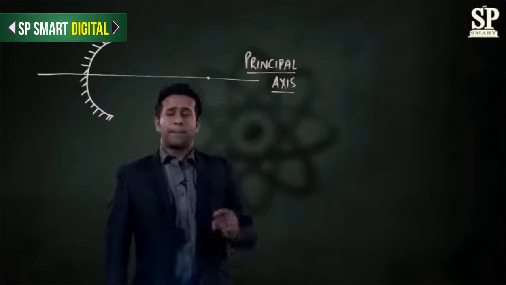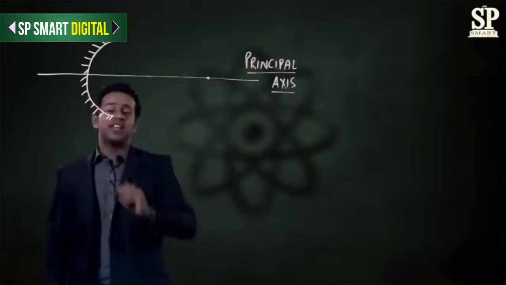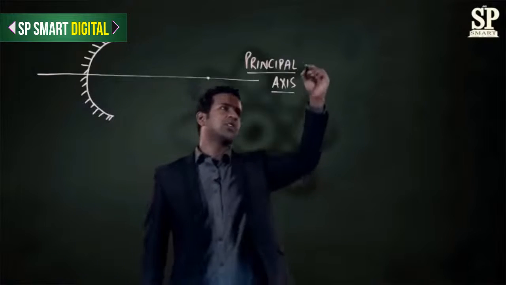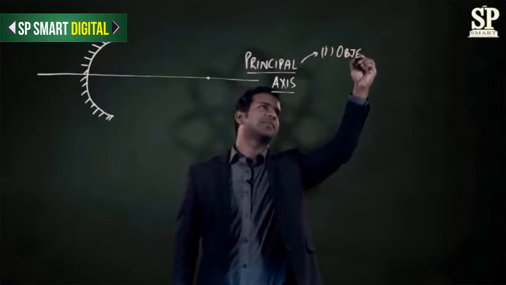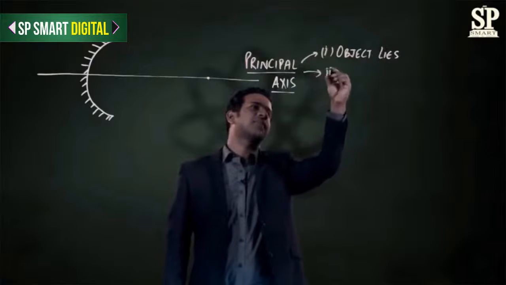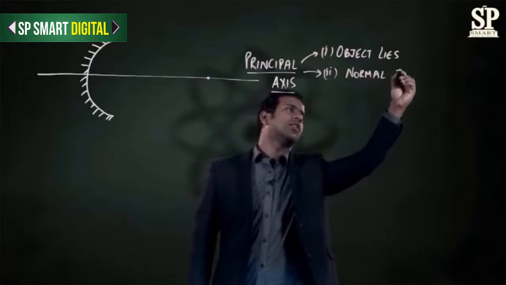So now, principal axis is a line from the object to the mirror such that this line is normal to the mirror. So on the principal axis, first thing, the object lies, and secondly, it is normal to the mirror,